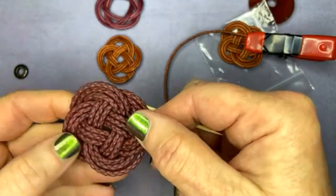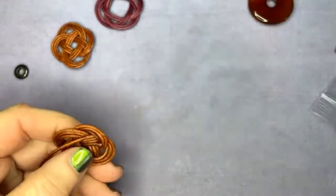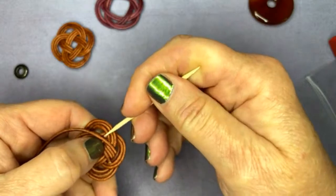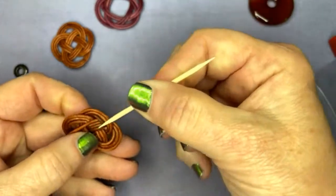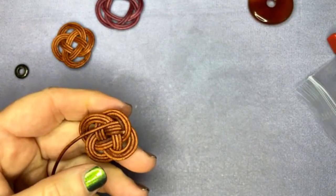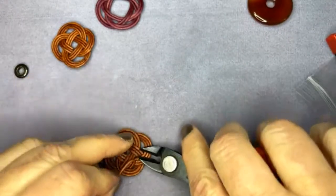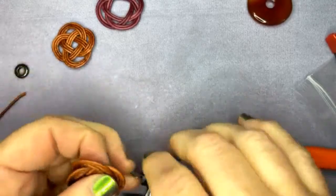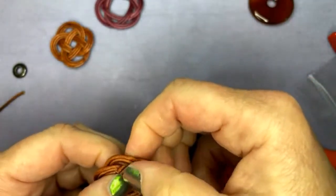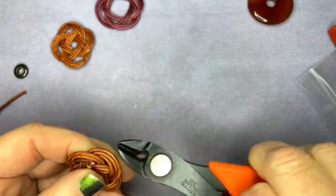But once you kind of set it in stone, then you can add a little bit of glue there if you want. Now this should be ready to remove my extra cords there. There's a little bit of extra glue there that I'm going to get rid of. The glue hasn't quite set, but I want to go ahead and cut away my extra cords at this point, and then I'll let this sit and let the glue do its job. So I'll come in and cut it just kind of bluntly across right there. I could use a little Sharpie marker to color that where the cord wasn't dyed on the inside. And I'll come here, wedge that in, give that a quick cut,